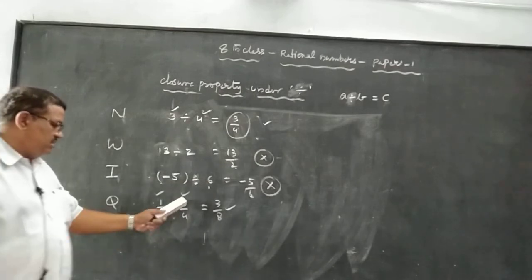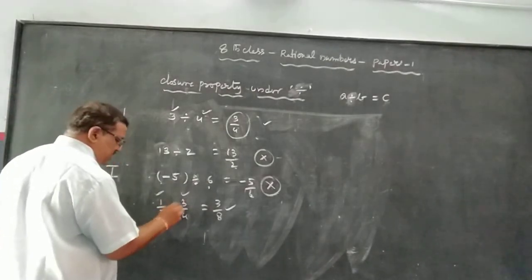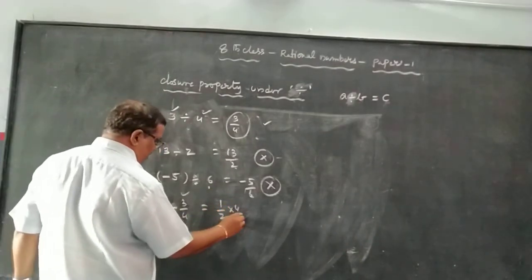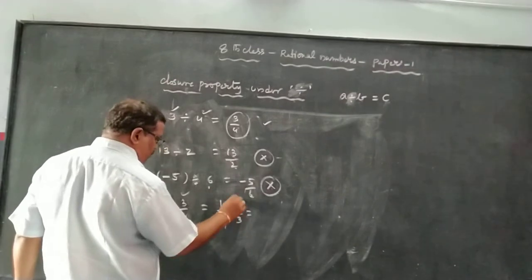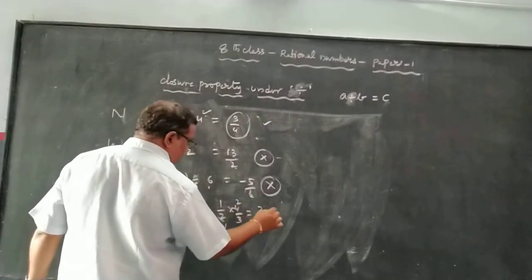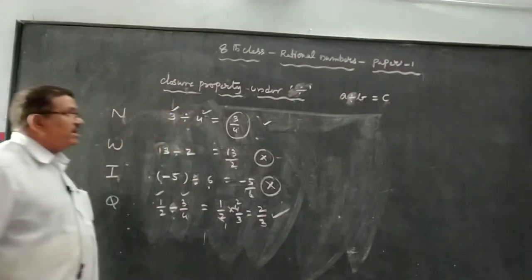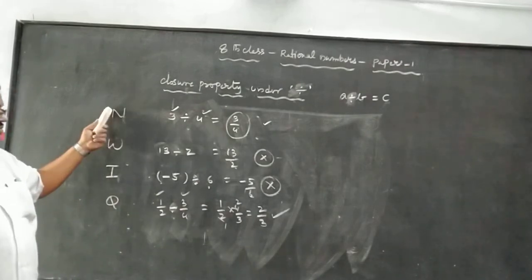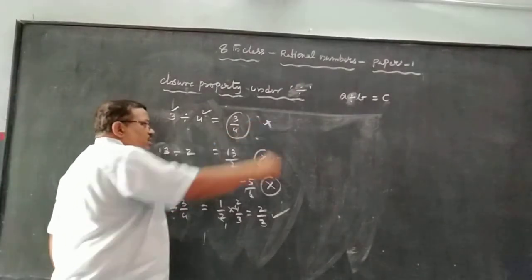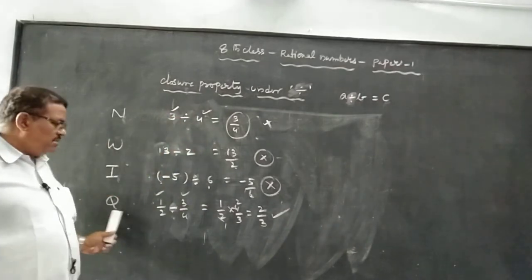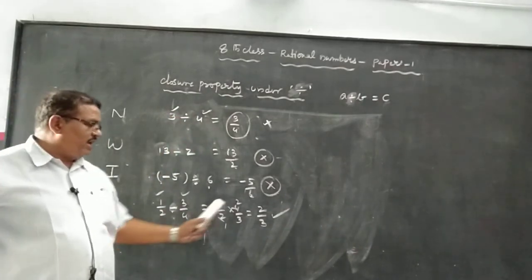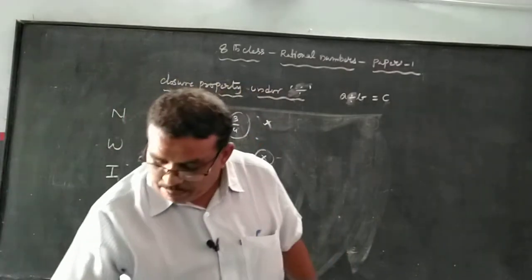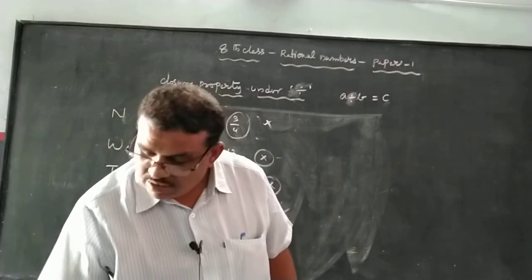This is one rational number, this is another rational number. The division of them, how much will come? 1 by 2 into 4 by 3. You get 2 ones, 2 twos, totally 2 by 3. This is a rational number. So finally, natural numbers, whole numbers and integers will not satisfy the closure property under division, while only rational numbers satisfy the closure property under division. So read these properties thoroughly and do the work